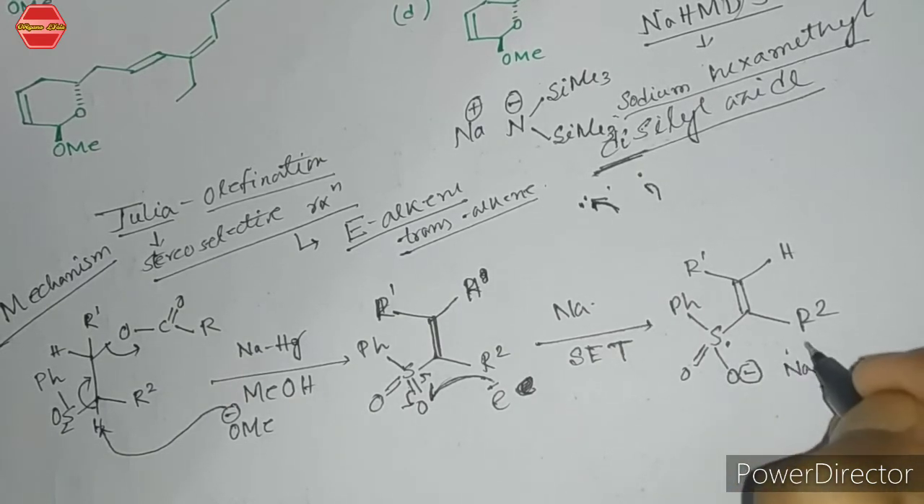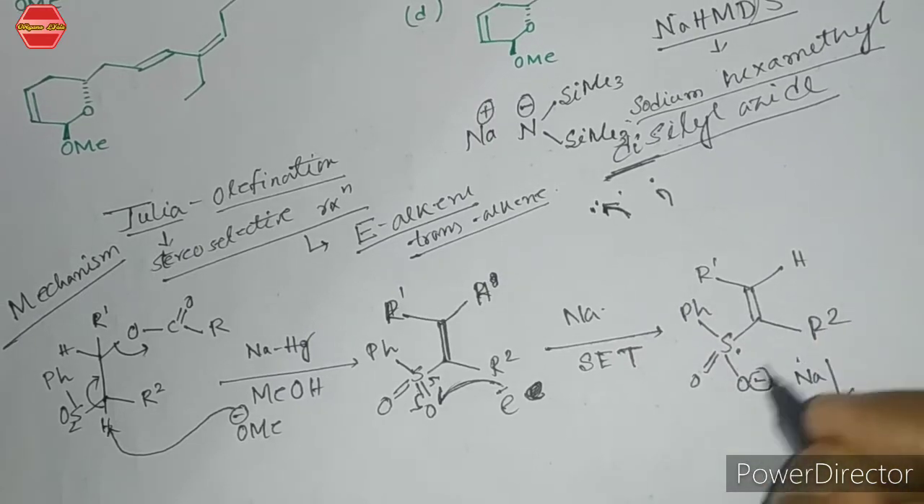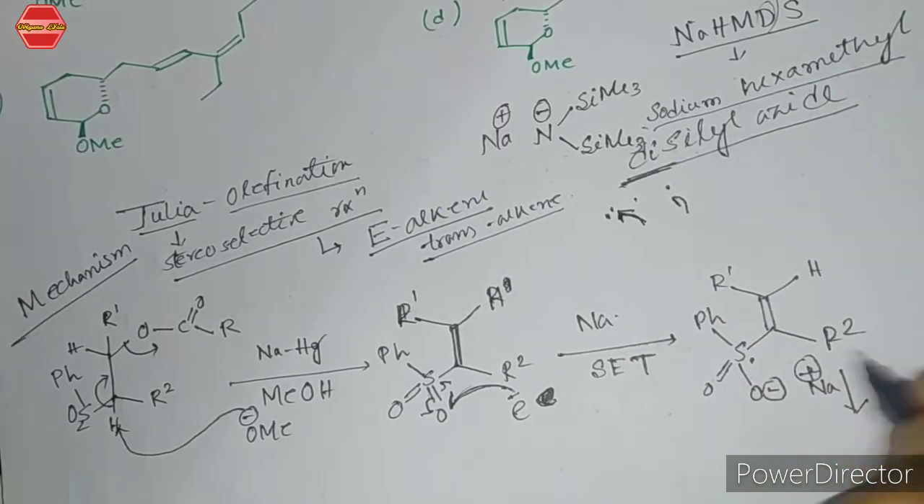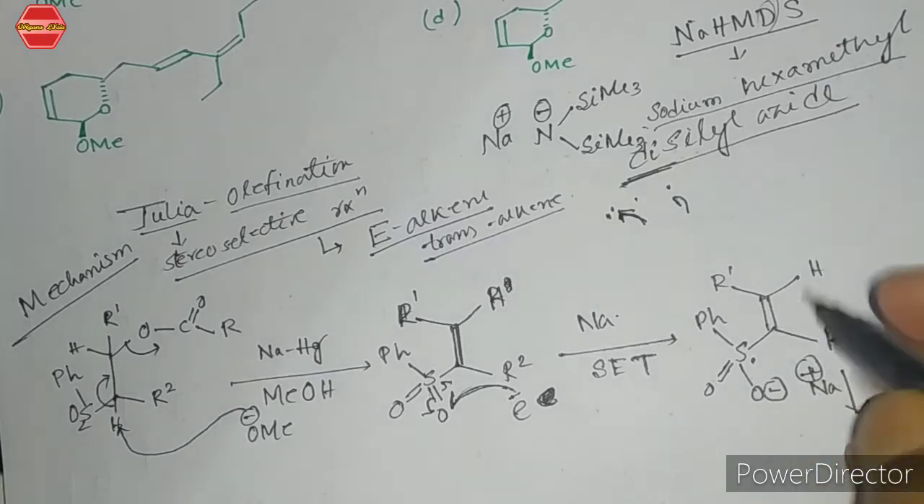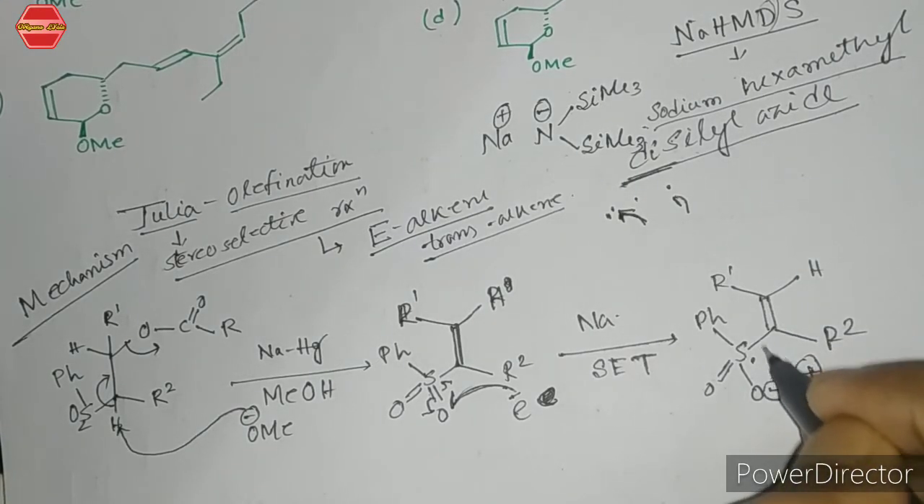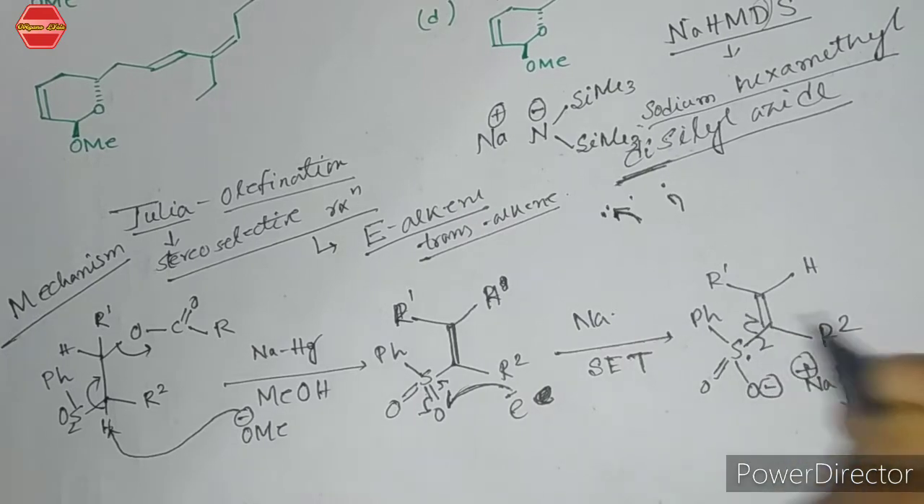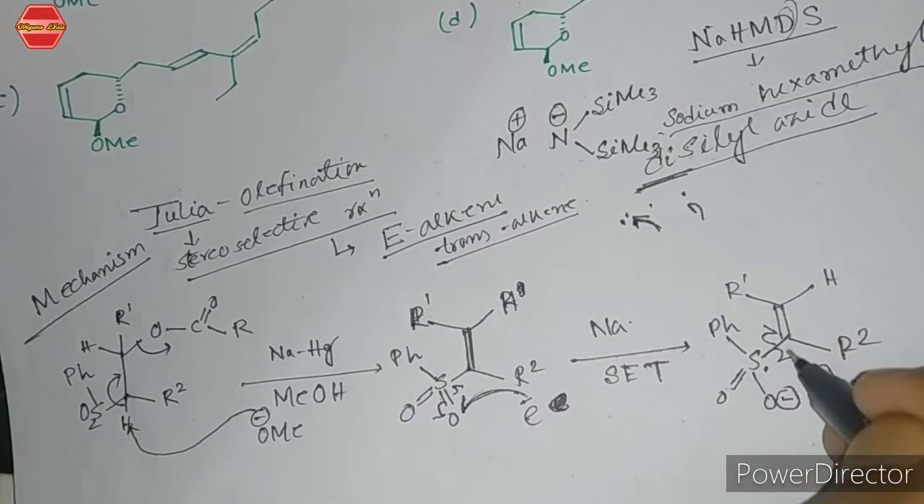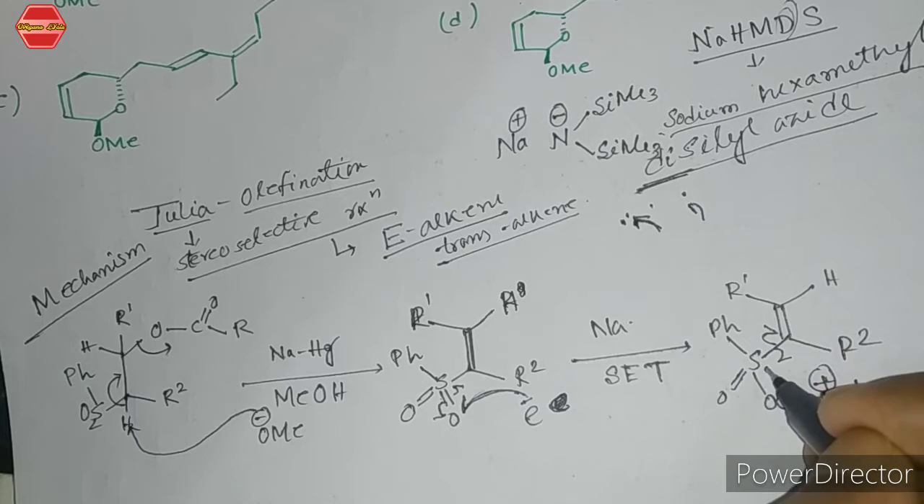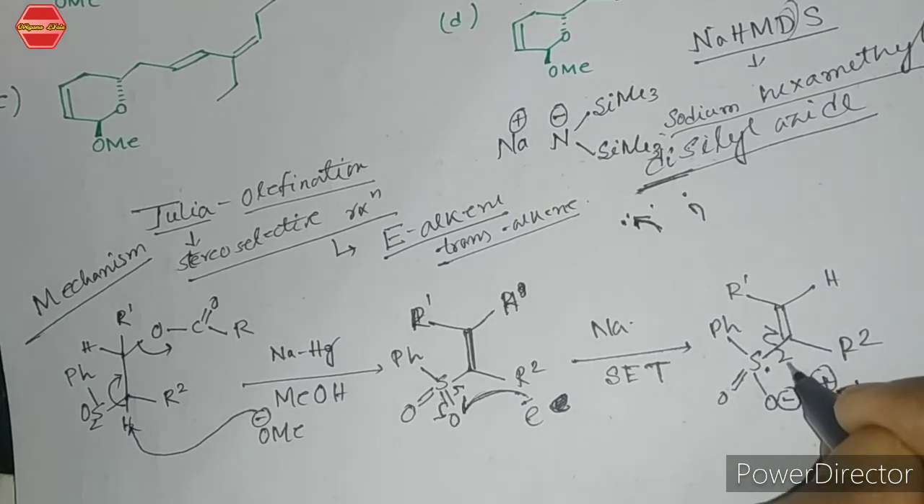So it will attack on the sodium complex, and after that there is a removal of this bond, that is, this bond will break this way. If the bond breaks this way, here is already a radical, and here is also a formation of a radical. So here is a negative charge over the